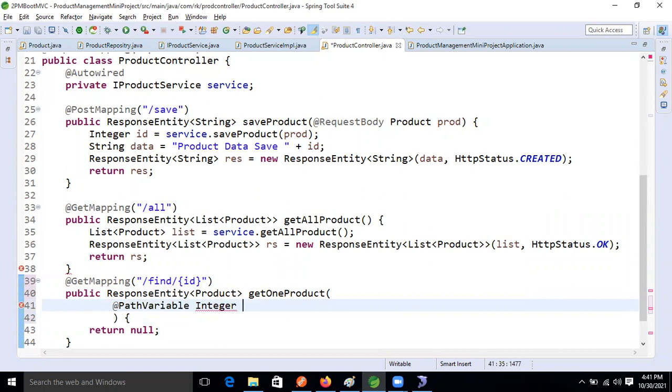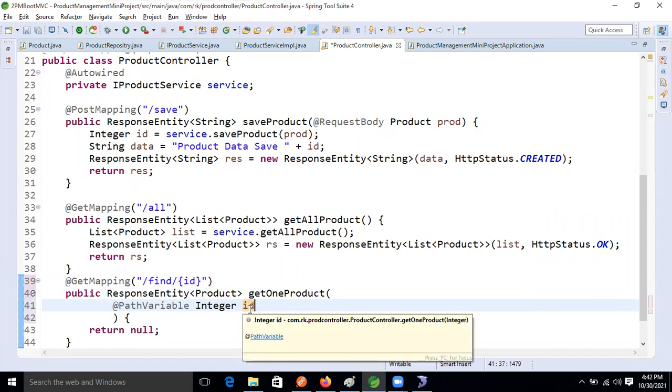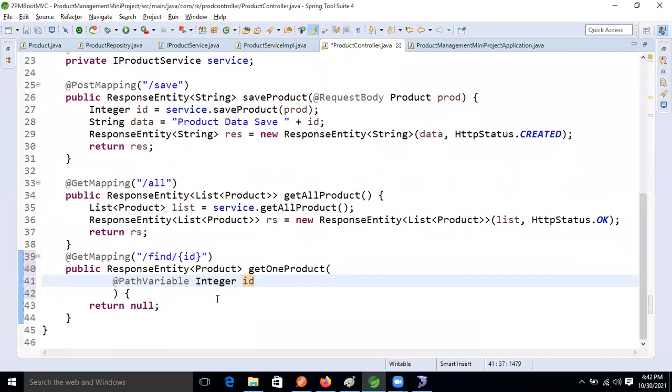And what is the name we will take here? ID. Yes. This path variable name and the local variable name must match, otherwise we will not get the data. Okay, fine now guys.